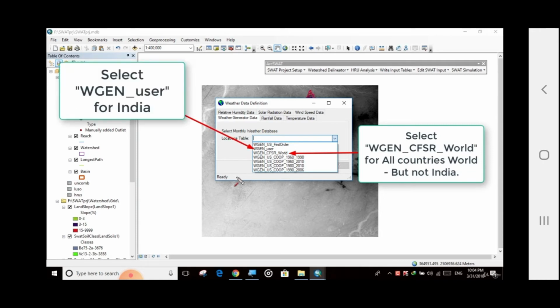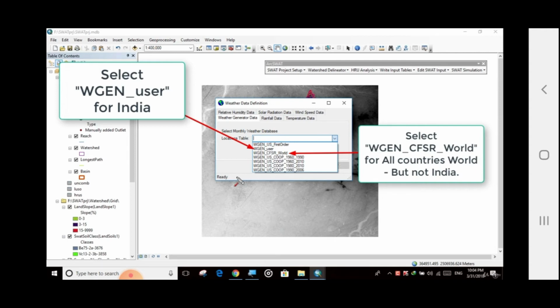Both are similar. Both databases contain average climate variables for specific regions worldwide. And WGN user only contains data for India, and WGN CFSR world contains the weather stations around the world, and we have already configured this data in the first section.